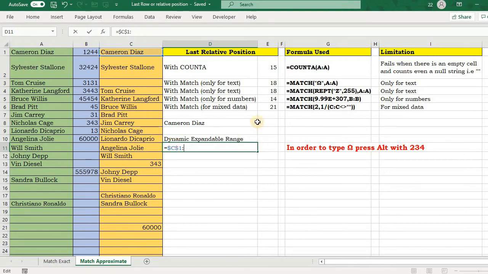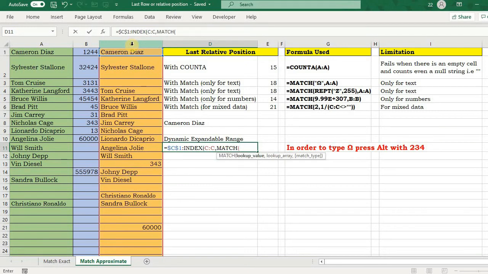So I'm looking for the 21st reference of this cell. As I told you, whenever the INDEX function sits behind a colon sign, it won't return me a value. It will return me the cell reference. In the normal case, it returns me the value in any cell reference. So INDEX, my array is this one. My row number will be the last relative position.